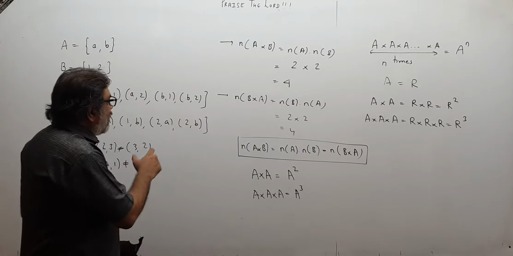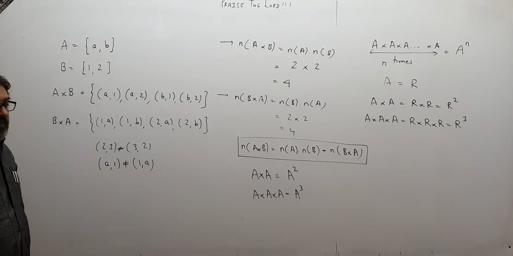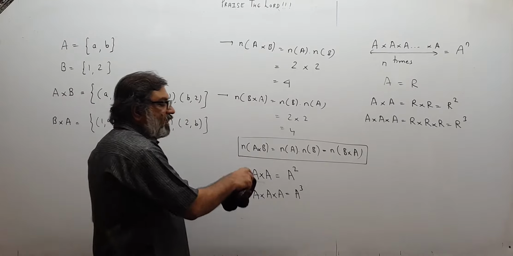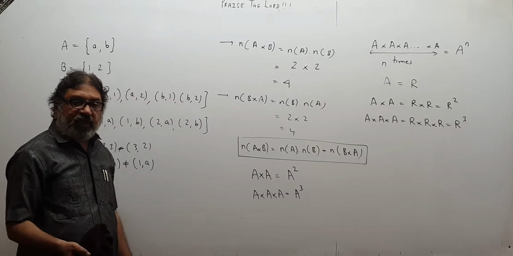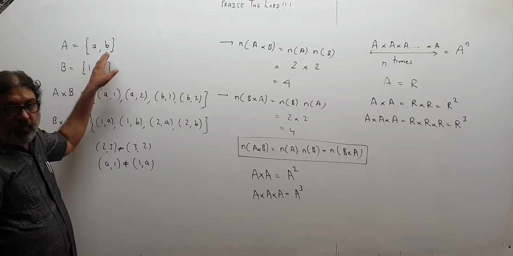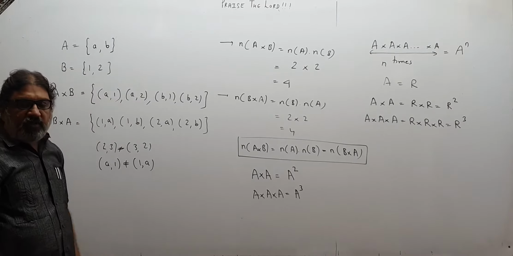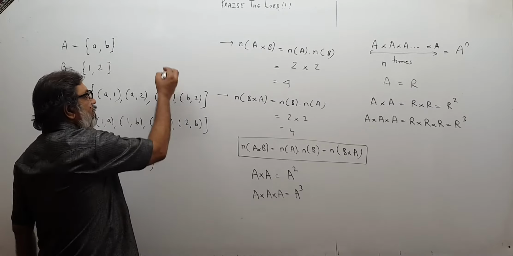So I told you how to take A cross B and how to take B cross A. We understood A cross B is not equal to B cross A. And we understood how to get the number of elements of A cross B, that will be number of elements of A into number of elements of B. And please remember, if any of these is a null set, then whichever is a null set, number of elements will be 0. So supposing A is null set,